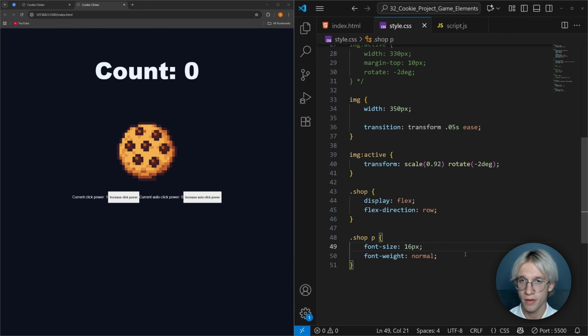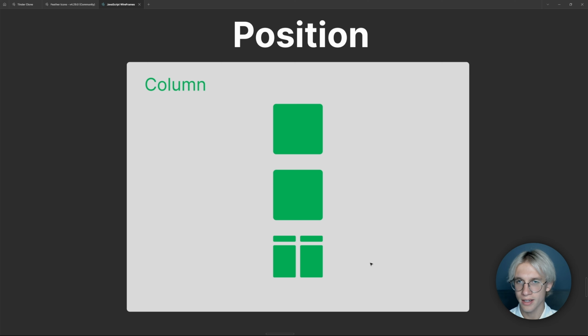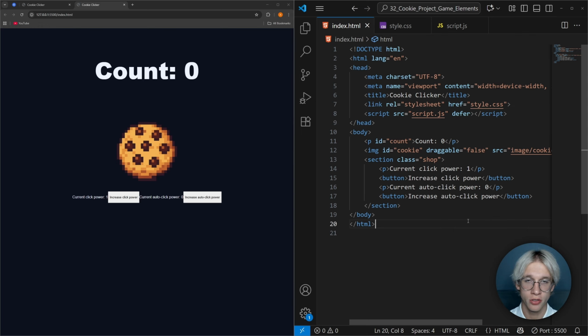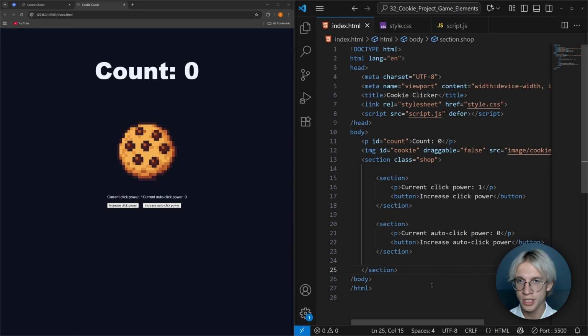And now again we have the same problem that we want to align these elements in the column. So they should be above our button. All these elements have the alignment of column. Currently we have 3 groups of elements. Now in the last group we have elements that should be aligned in the row. And then these 2 elements should be aligned in the column. The same with these 2 elements. It means that we need to create 2 additional groups. And now you see that they have the right alignment,